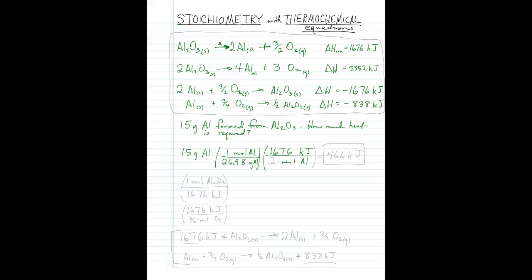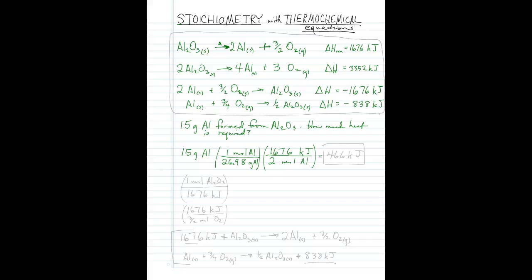Oh, look at the coefficient, 2 for every 2 moles of aluminum. And there we are, that's our calculation. So now what we need to do is take 15 times 1676 and divide that by 26.98 and divide it by 2, and we get,